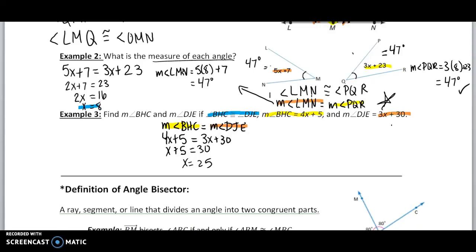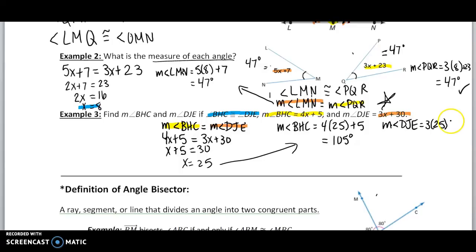So to wrap this up, I want to figure out the measure of angle BHC, which is 4 times the value of x. I see x is 25. And I add 5. 4 times 25 is 100, 4 quarters, plus 5. The measure of angle BHC should be 105 degrees. I do the same thing with the measure of angle DJE, and that's 3 times x, which I said is 25. We solved that. And then we add 30. So 25